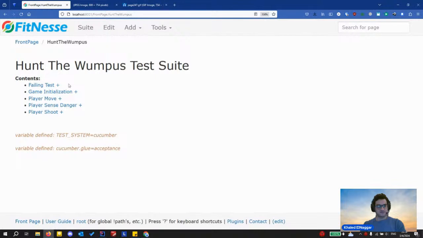We have decided to group them into these different features. Now this is a failing test. I think I added it for the purpose of viewing the report. Here's the game initialization features and the features related to when the player moves, when the player senses danger, and when a player shoots.